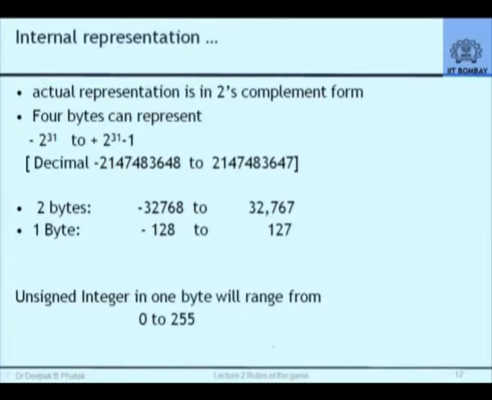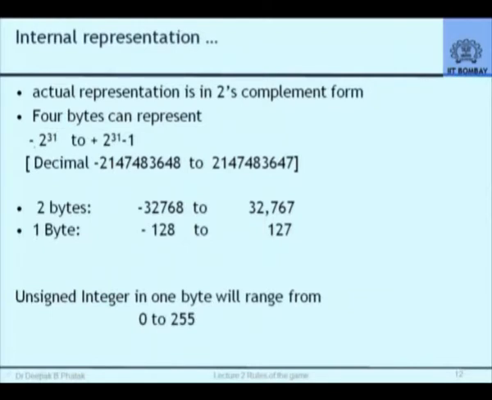Consequently, whenever 2's complement notation is used, and that is exactly what is used by the electronic circuits inside the computer for handling integer values, signed integer will generally mean this with a 2's complement representation. And therefore the value will be plus 2 to the power 31 minus 1, that is the largest value, but the smallest value will be minus 2 to the power 31. So we don't go into the details of what tricks they do there. Those of you who are interested can read it. We are not going to bother with it ever again.